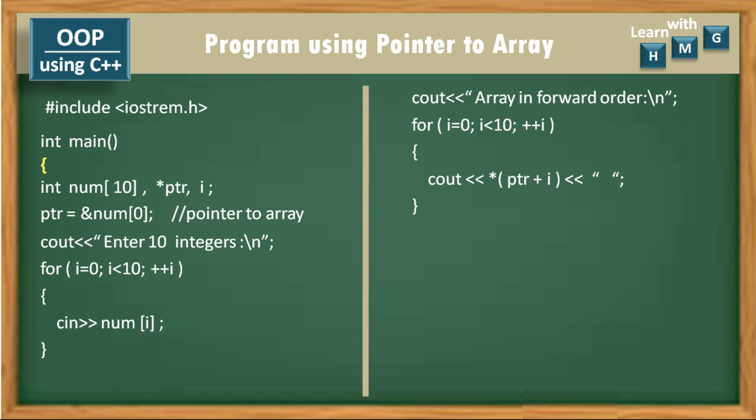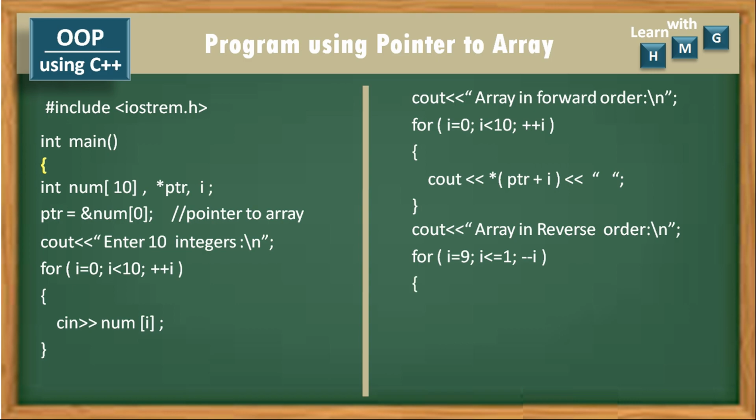Now let us display the array elements in reverse direction. So for the array in reverse order, I will set the loop in reverse, that is a reverse loop, which will begin from i equal to 9 and end at 0, that is i greater than or equal to 0. So 9 to 0, this is the reverse loop and i is varying from 9 to